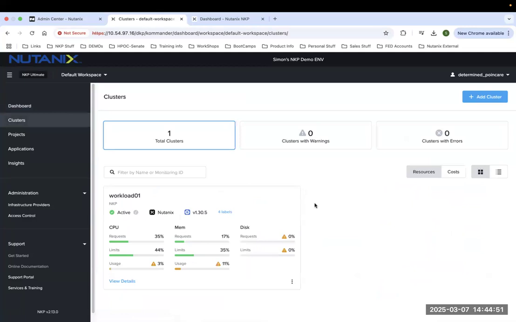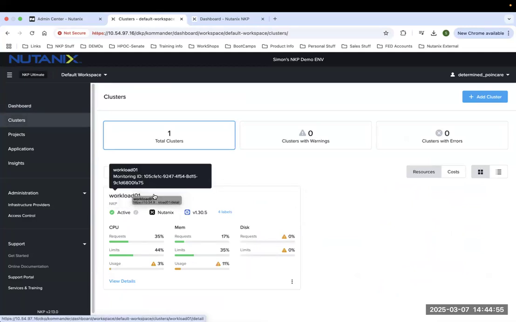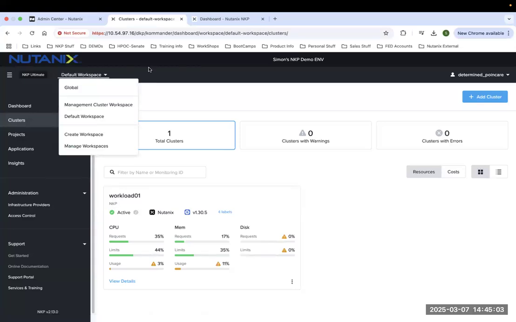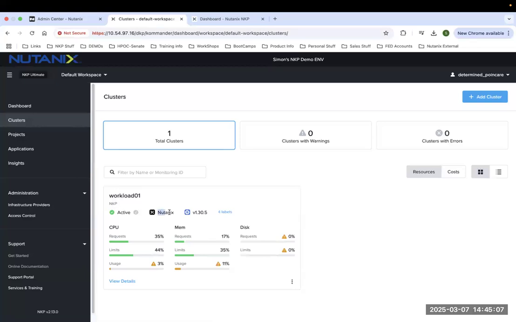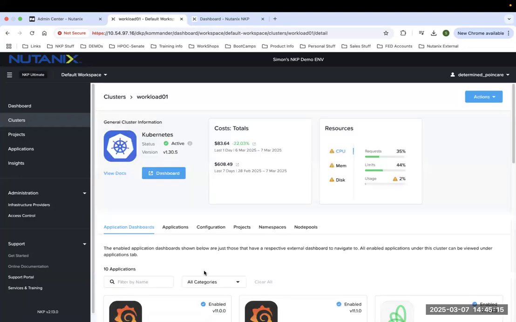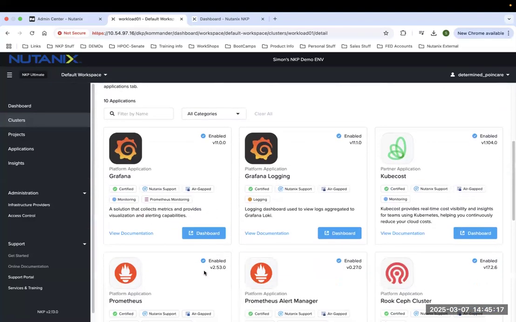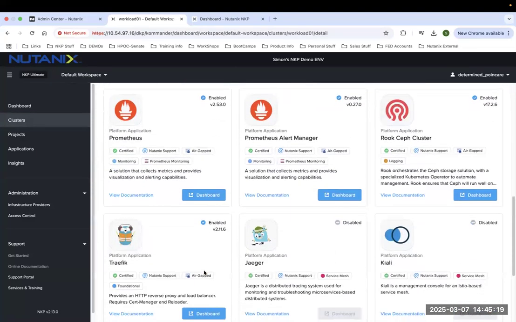When I do jump into a cluster, so now we're looking at one cluster. It happens to be named workload 01, and it's in the workspace called default workspace. And you can see that it's running on Nutanix here. It's active. We can see some resource utilization information. If I click where it says details, we can actually see a variety of applications that are deployed on this